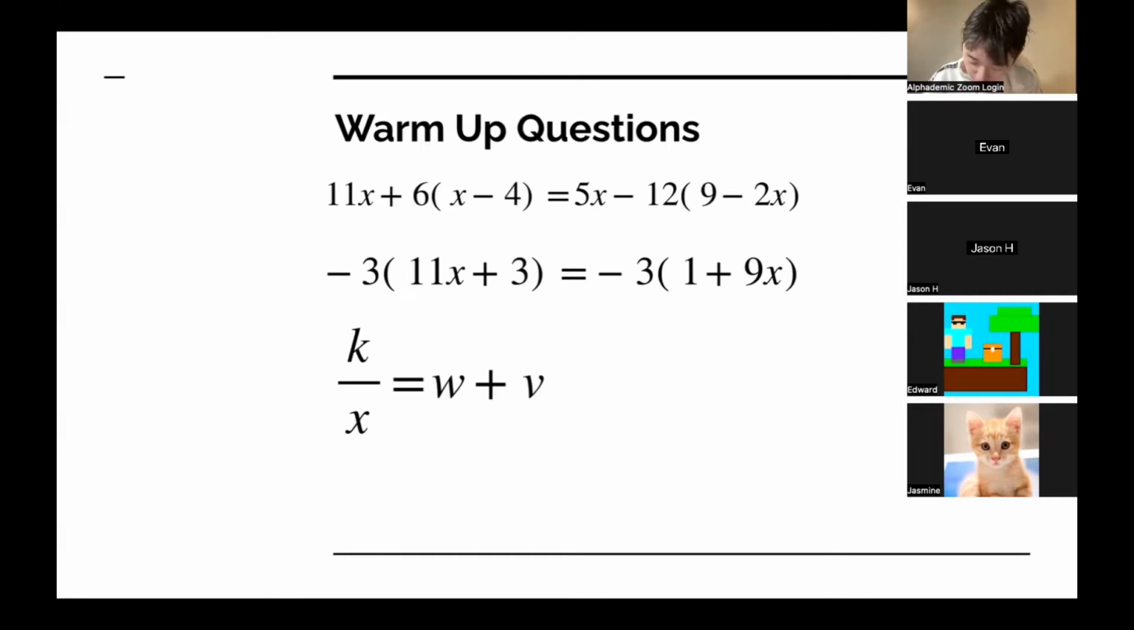Okay. So first up, we have parentheses. You want to first multiply what we have in the parentheses. So for the first one, we would get 11x plus 6x minus 24. You would distribute the 6 into both values in the parentheses, equals 5x minus